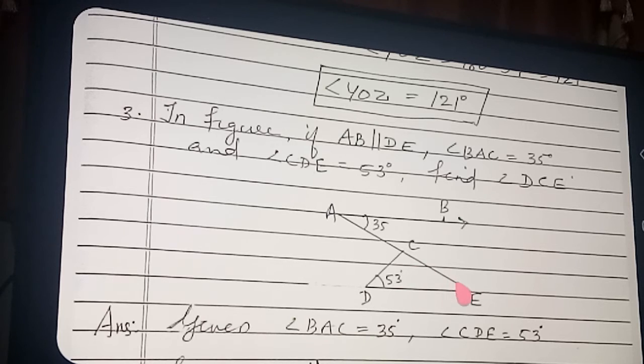You already know that DCE forms a triangle. One angle is known, and this angle you are also getting, so you can find out this one. So how can you find out this angle? Do you have an idea? Think fast. You are getting an idea.